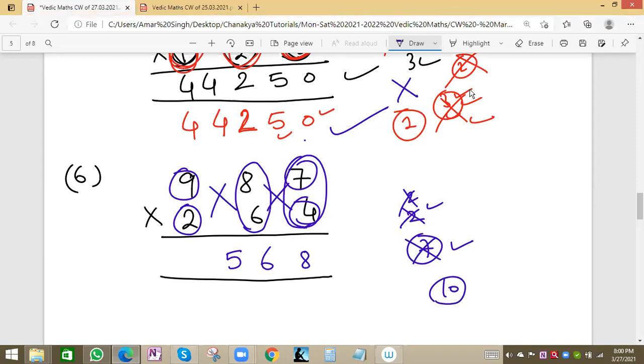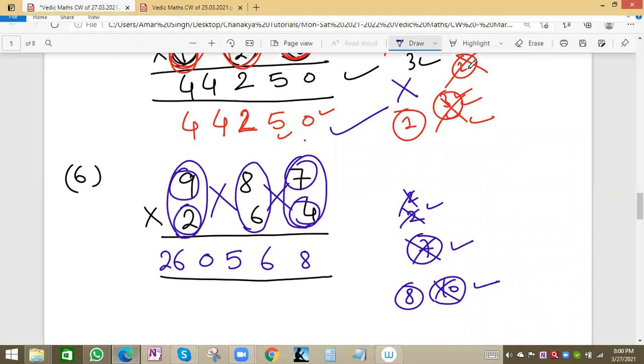We'll do small crossing now. So 9 6 are 54 and 8 2 are 16. 54 and 16 is 70. 70 and 10, 10 is carry, 80. 0 and carry will be 8. And then at the end, straight multiplication, 9 2 is 18. 18 plus 8 is 26. So 260